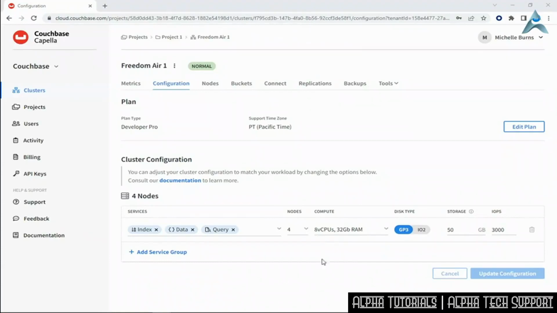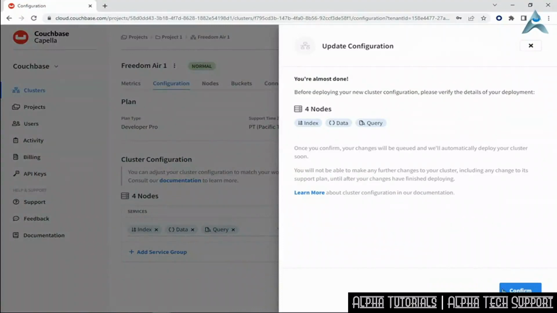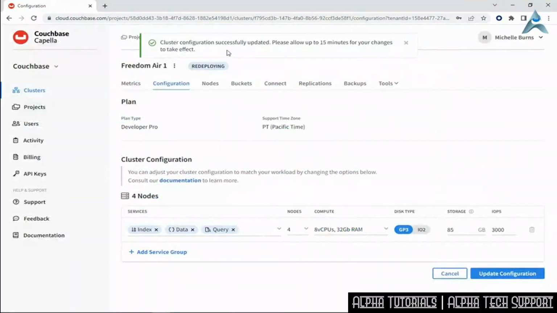Finally, I can also exercise an upscale in storage capacity by clicking up here or down as needed. Again, our standard is 50 gigabytes, but you can raise that standard as needed. Clicking here, you want to pay attention to the fact that the storage is per node, so keep that in mind. You can update the configuration by clicking Update Configuration again and confirming,